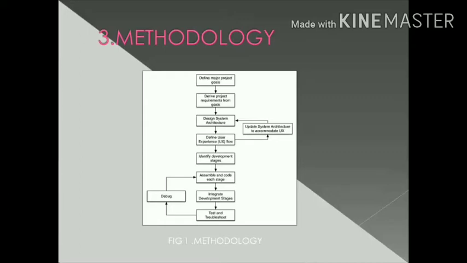Then is the assemble and code stage. After segregating each and every part of the project, we need to assemble the required systems and code what the expected result should be. What we require, we are going to code in this stage.